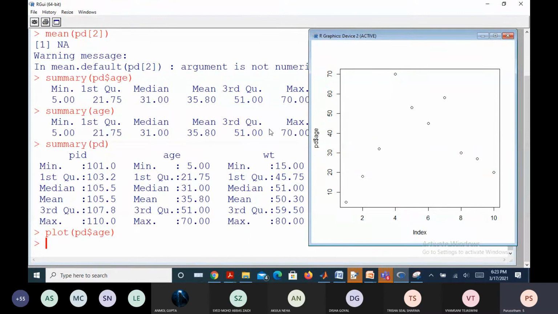By default now. Is it shown some scatter diagram? Yes, sir. What is the horizontal axis? So it is the index. What does that index tell? So there are 10 patients. Maybe you can assume that it is the ID of the patient. Yes, sir. The patient 1 age is now 5 years. The patient 2 age is